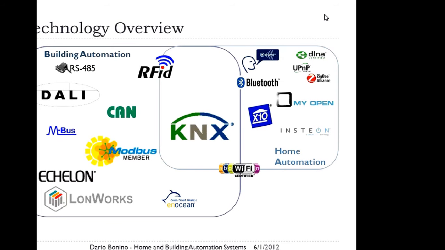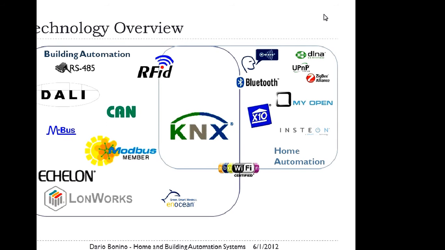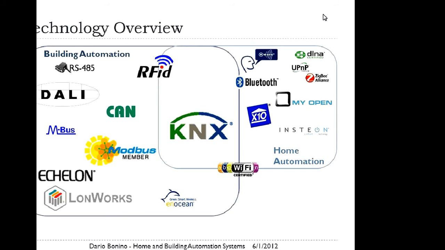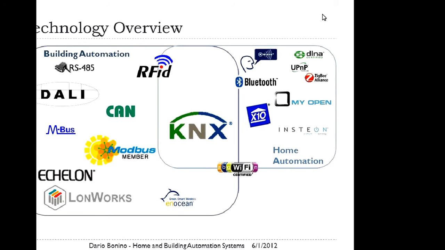KNX here is involved because it is in between building and home automation. It can do both. Actually, it is a little bit more towards building automation because it starts to be a little complex. And it is bigger than the others because it aims to be the European standard for building and home automation. And I'm saying it aims to be because the consortium is there. They are quite active, but actually they are still, let's say, fighting for gaining this uniformity around Europe. And also this is a closed consortium, so you need to pay a fee for being part of the KNX